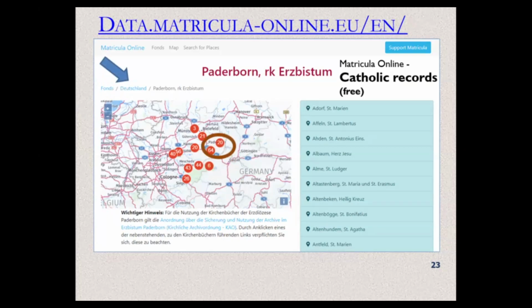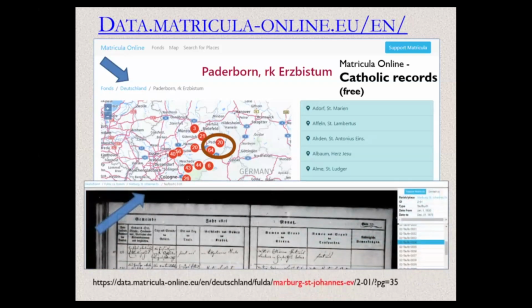Okay, so you can click, like Deutschland is Germany. Paderborn was a very big Roman Catholic archbishopric. This means archbishopric. You can click with right click on your mouse and it would translate possibly. And that way you will see these records. And like I said, we have those books, they transcribe and translate also these headings.